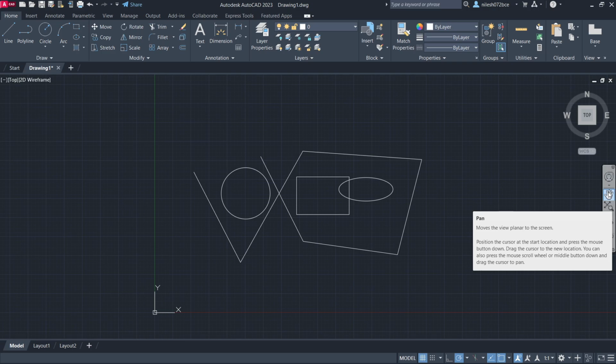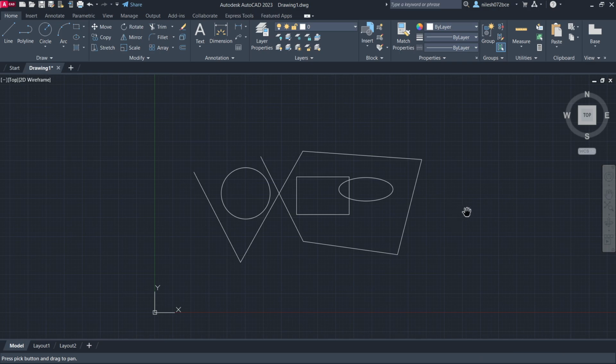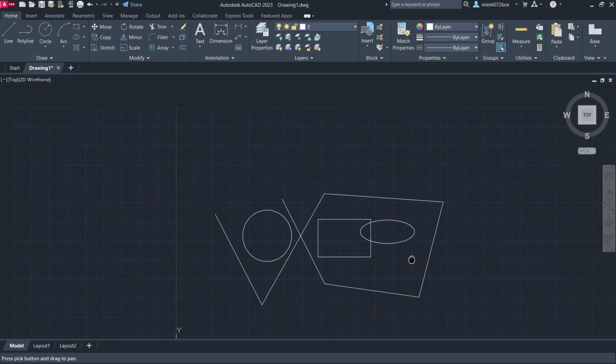So while using the mouse, what we saw, to pan the object or to pan the drawing, we just press and hold the scroll wheel down and then drag our mouse or drag the object. But here what we can do is just select this pan option, and then you can see there is the hand symbol, and then click your left mouse button and hold it and drag your object.